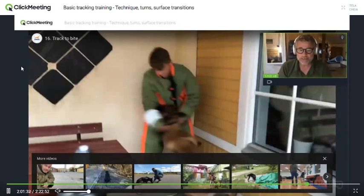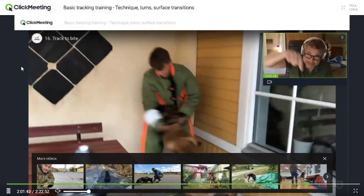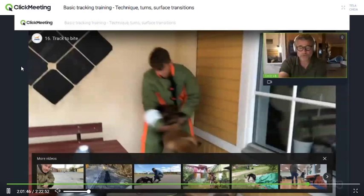But if you create a high expectation to the end of the track, it's very likely that the dog will lose the track because it has the expectation over there instead of down here. And this also goes for search and rescue dogs or tracking dogs, where you use decoys that the dog should not bite but just bark or indicate. That's also a very valuable